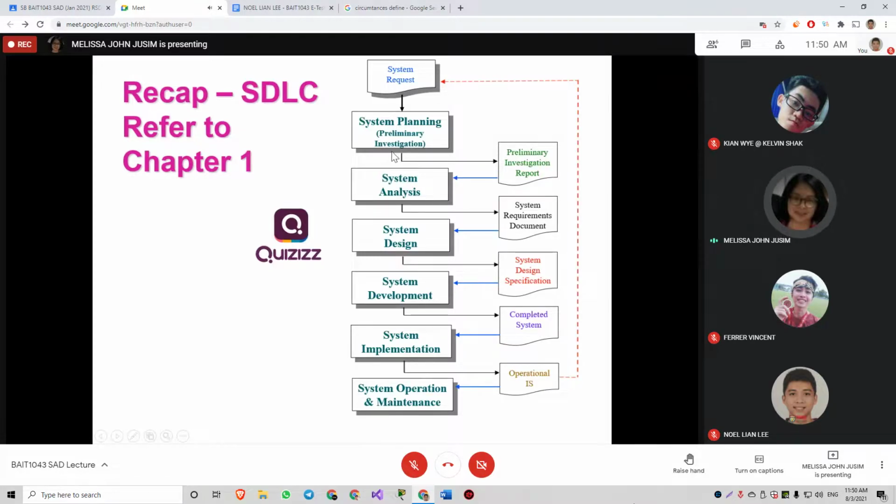That's why we do the PI, the preliminary investigation, in the first phase of SDLC. It means the feasibility study, the three feasibility studies: economic, technical, and then operational and social feasibility study.